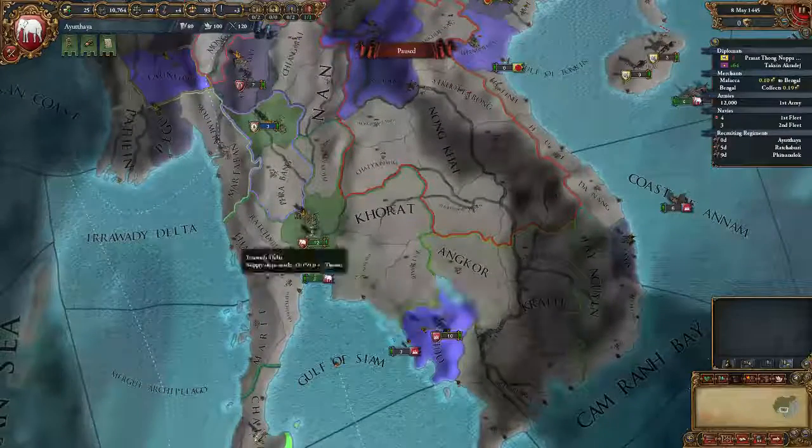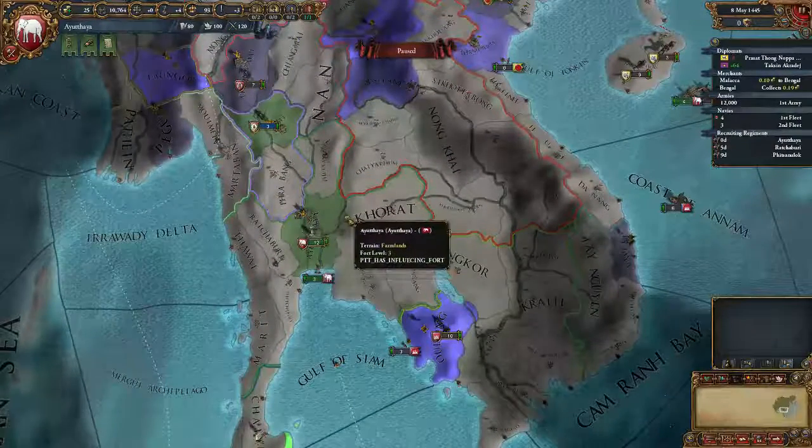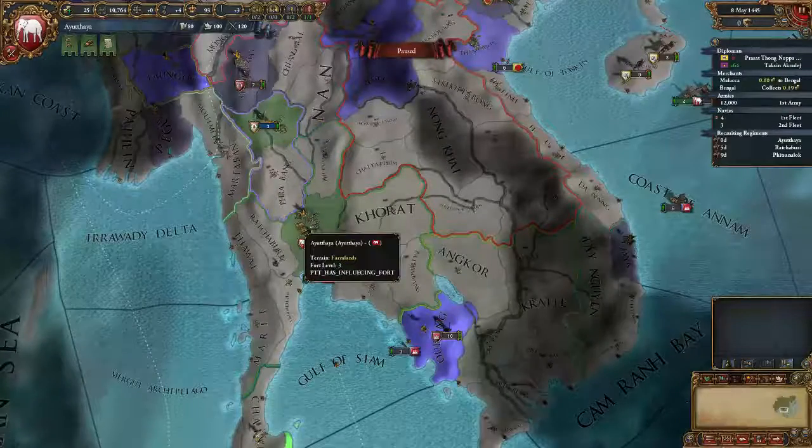So this is cool. This is a new change. I love this fort system. I think this is going to be really, really neat. And you can build forts anywhere, which is part of the new building system, which is part of why the